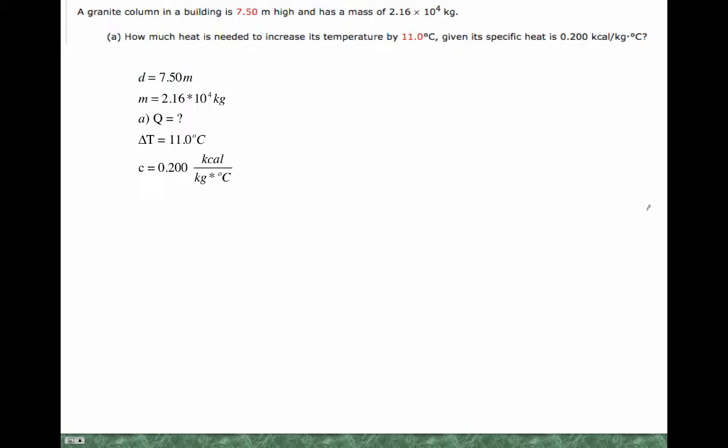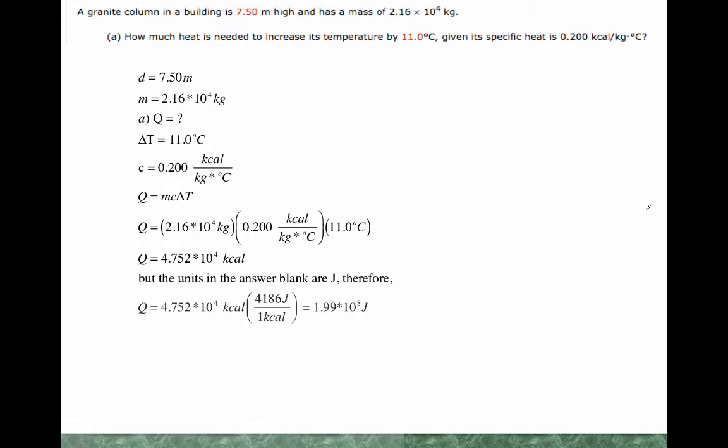And if you have to, go back to Chapter 13 and find that formula. And that formula was fairly straightforward. Q equals MC delta T. And you got all that stuff, so it becomes sort of a plug and chug, and you get an answer. The difficulty with the answer is if you're careful with your units,